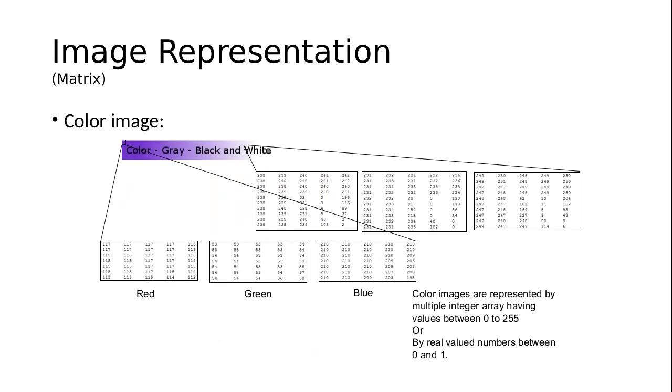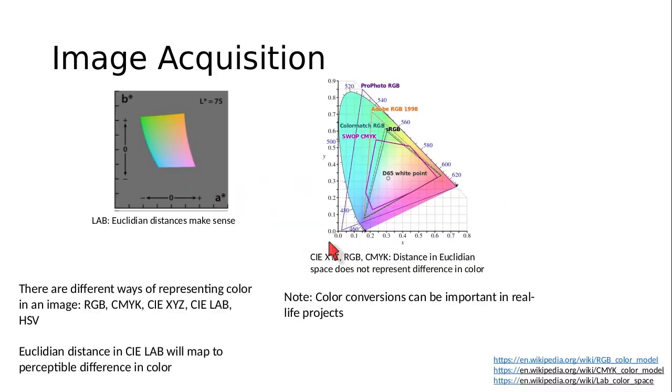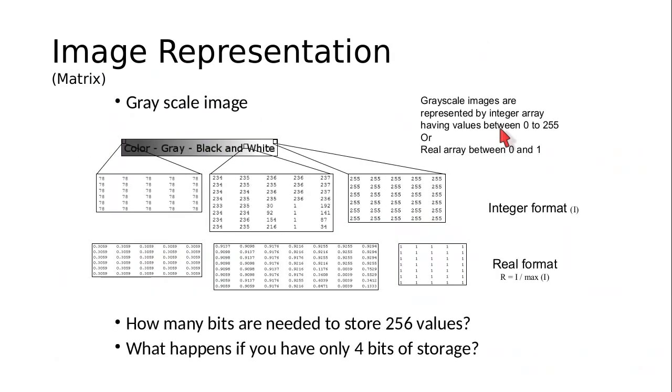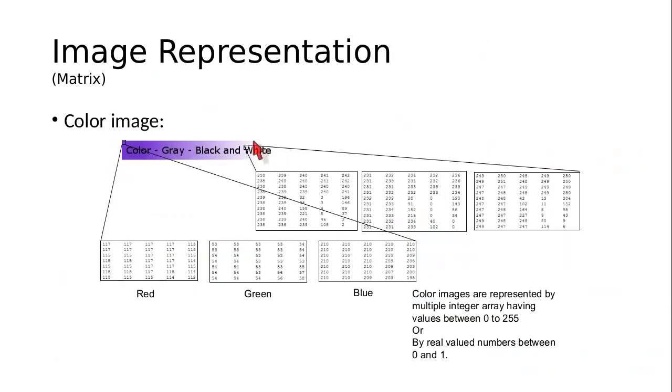In a color image, we have already seen color images, you have multiple channels, and these multiple channels contain the red, green and blue colors, and the values would be somewhat like this. You can see here the topmost pixel: red color is 117, green color is 53, blue color is 210. We already saw this. The same thing gets repeated at other parts of the image.